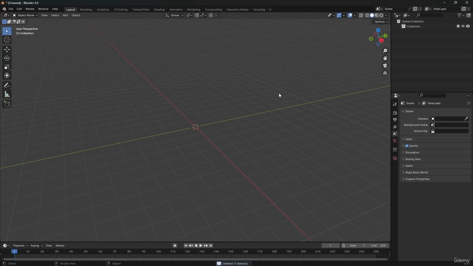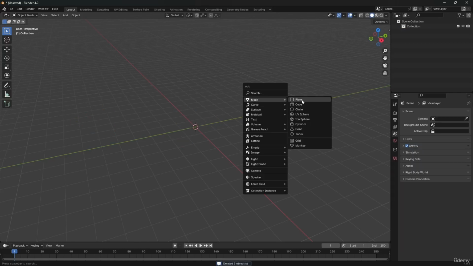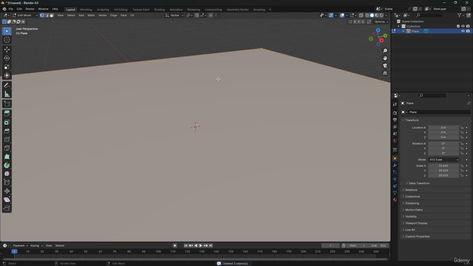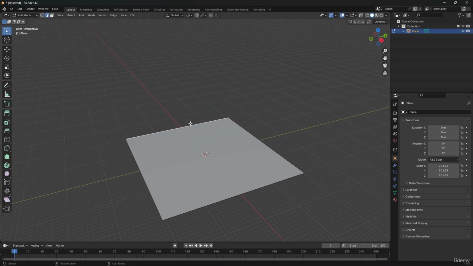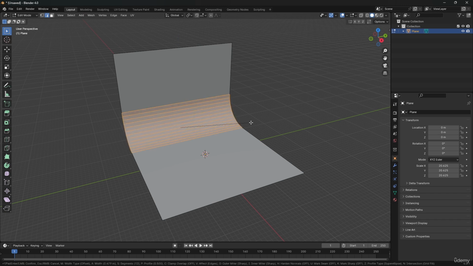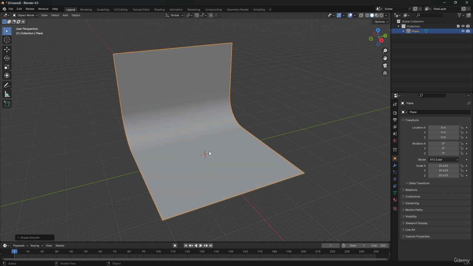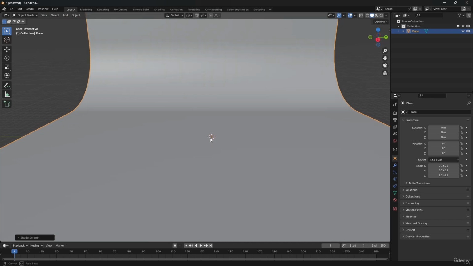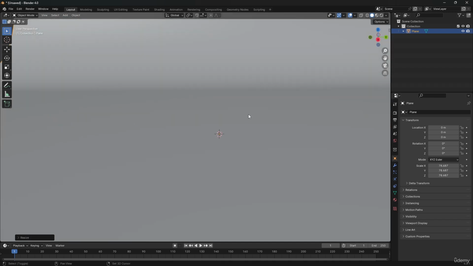Now that we know how Blender works, let's go ahead and create a quick wallpaper for our desktop using some of the tools we've learned so far. So we're going to create a quick background using a plain object. Just like we've seen multiple times now, let's extrude and add a few loop cuts like that and shade it smooth. And now you can use any kind of random shapes, but I have an idea, so